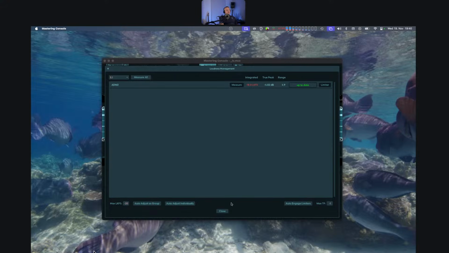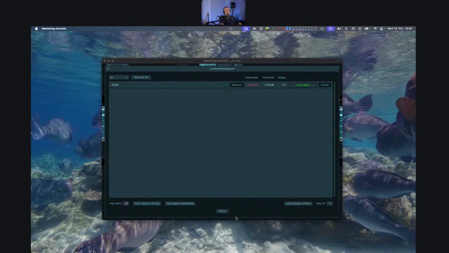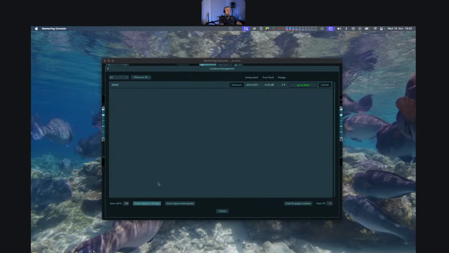Of course, if you only have one song, you can also use the master gain slider, which belongs to this mix. But doing it with the automatic buttons will use that same master gain. So if I say auto adjust, then the gain slider will be adjusted to -2 dB, because that's what's required to adhere to the -20, which I just put here. So now we have adjusted the loudness of the song with just one single click to the target value we want to reach. Okay,